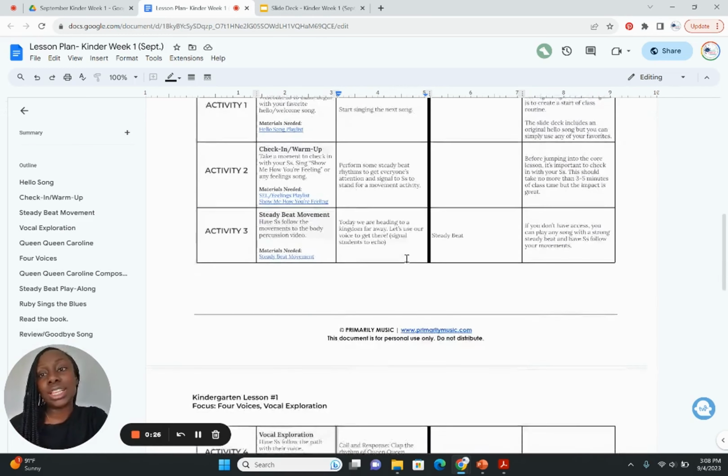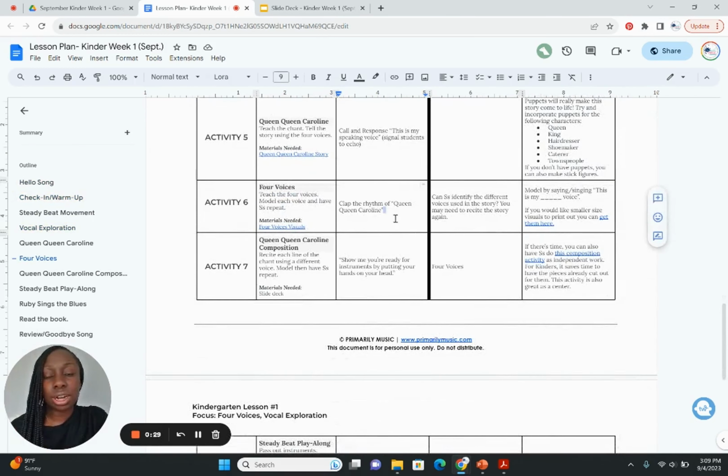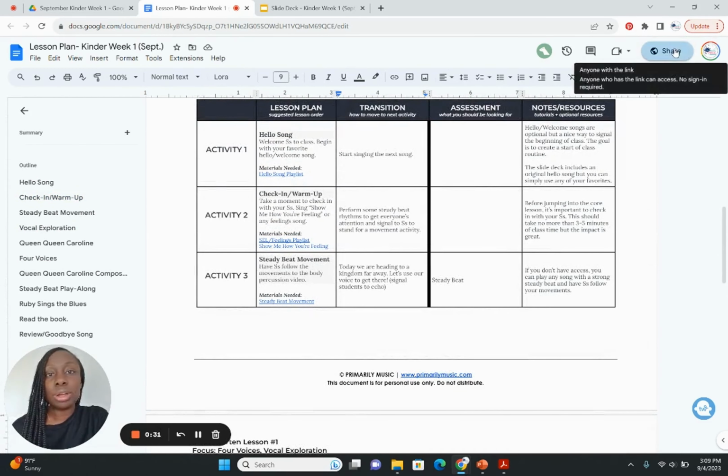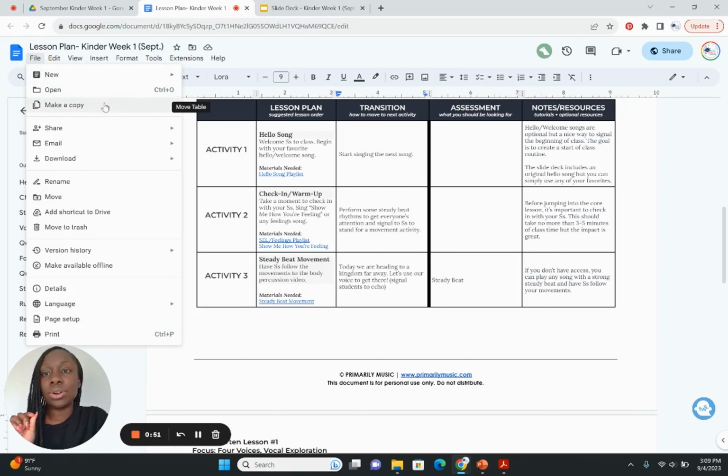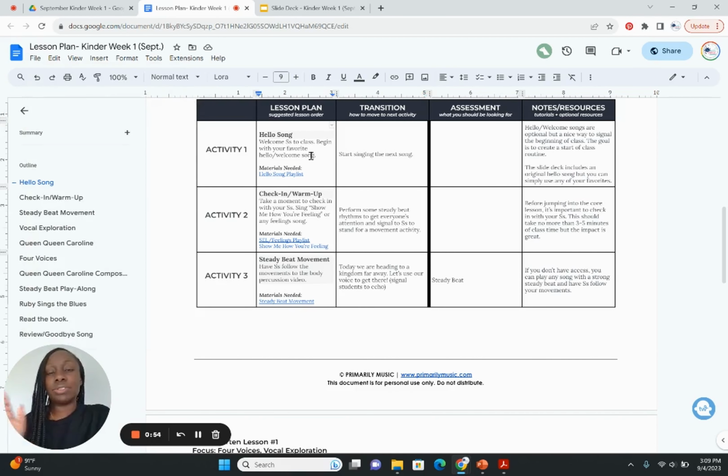So remember that this lesson plan is free for you to go ahead and make a copy of. Now, really quickly, I always get a lot of edit requests. You cannot edit this actual document, right? Because if you edit this, then you edit it for everybody. So when you do get this, just go to File and make a copy, and that will give you a copy of your own lesson plan. Again, the lesson plan is free for you to make a copy of, edit it, add things, remove things, make it your own.